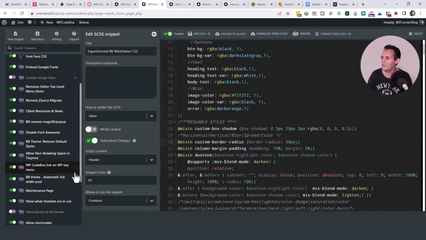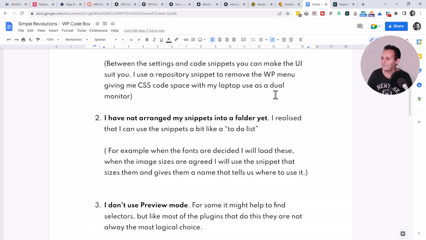So it's that kind of to-do list as I'm building the site. That's why I haven't organized that, and I'll be sharing the kind of issues that I come up against. Okay,